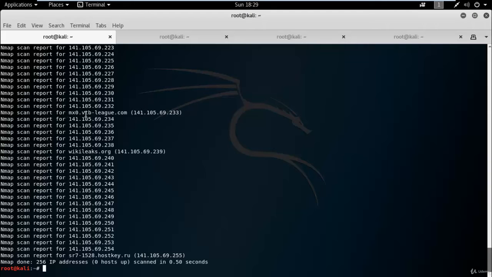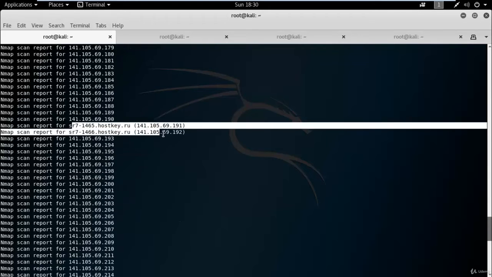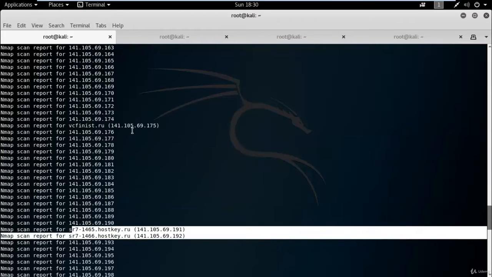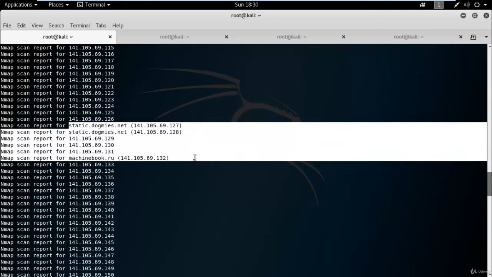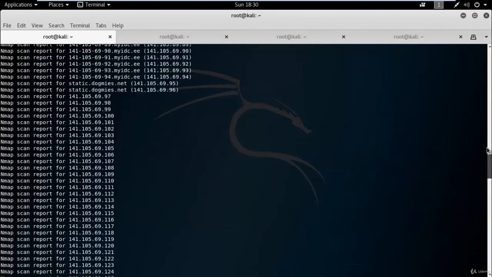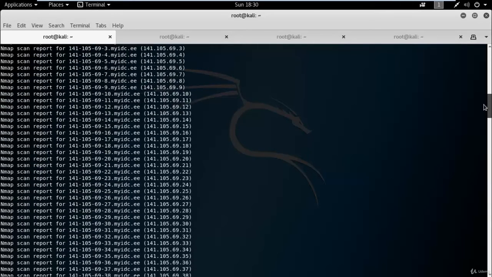You can see the device information and IP address information for the target network. Here you can see WikiLeaks is an internet service provider. So here all the public IP address list information, domain name information and IP address information is available.